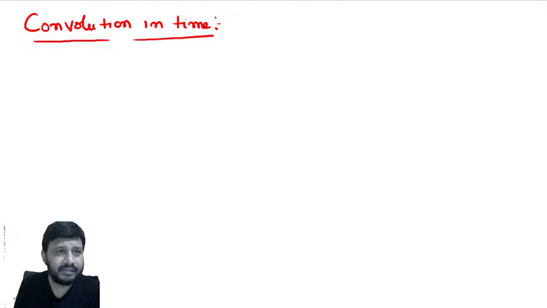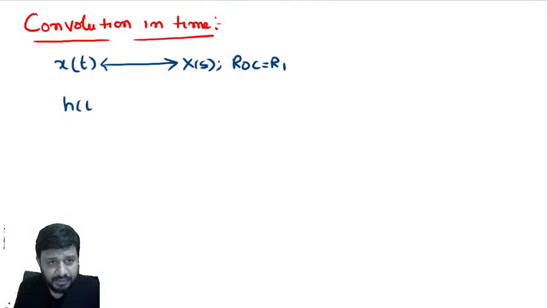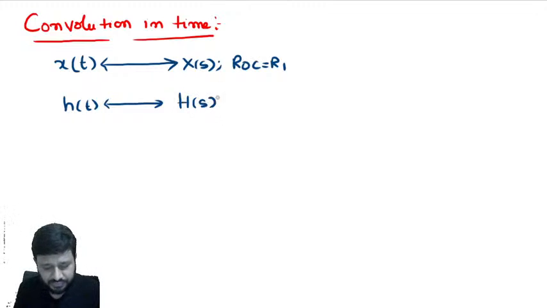This property says that if the signal x of t forms a Laplace transform pair with X of s with ROC R1, and h of t, meaning the impulse response of the system, forms a Laplace transform pair with H of s with ROC R2,